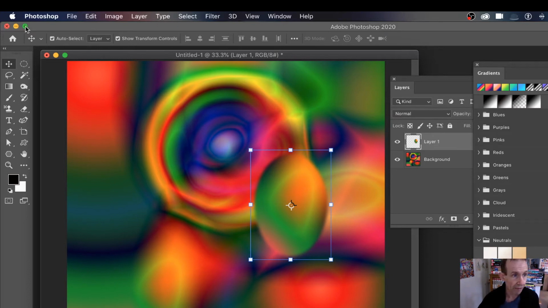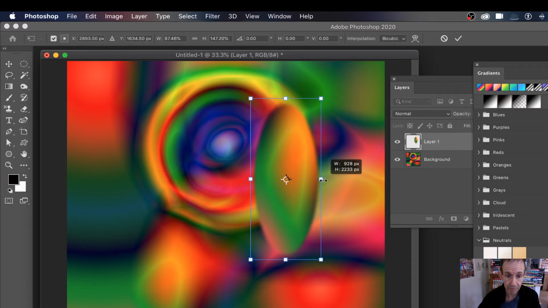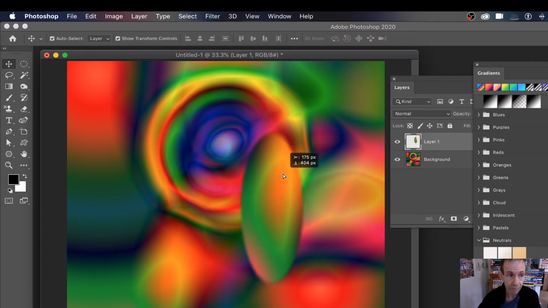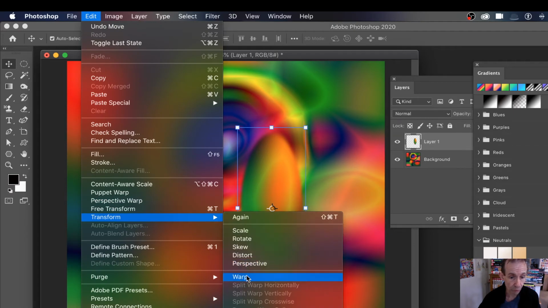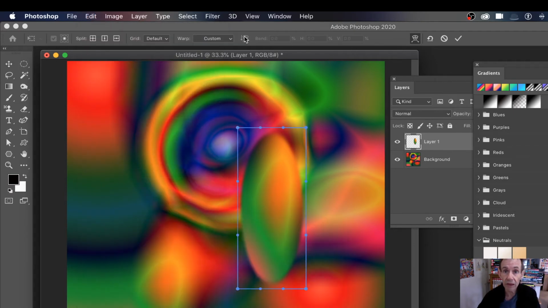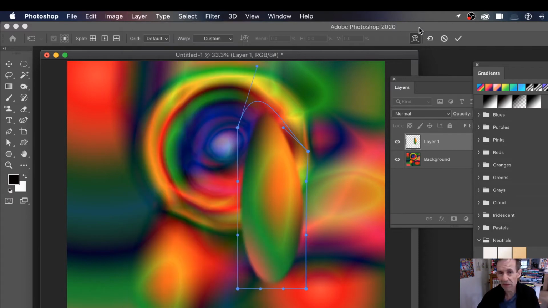So you've got that. What you can now do, you can warp it. You can distort it. You can simply warp it by just dragging it up that way. But you can maybe use some of the edit and transform and distort and warp, or maybe use liquify via the filter menu. I'm just going to go with the warp. Now before I've done all that, I could actually just go into layer and smart objects and convert to smart object, and then you can reuse it later. But it's going to be a destructive event. So I'm going to